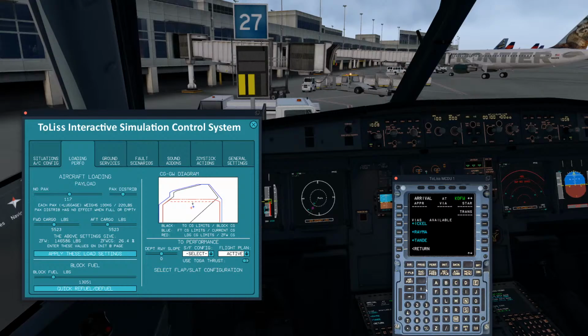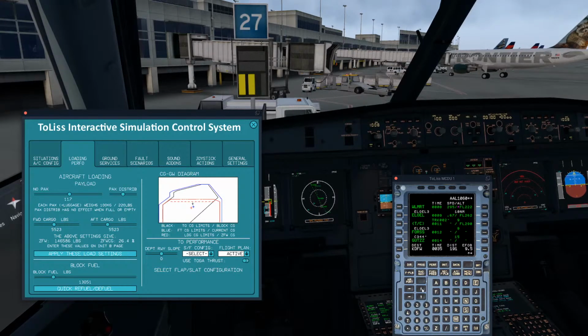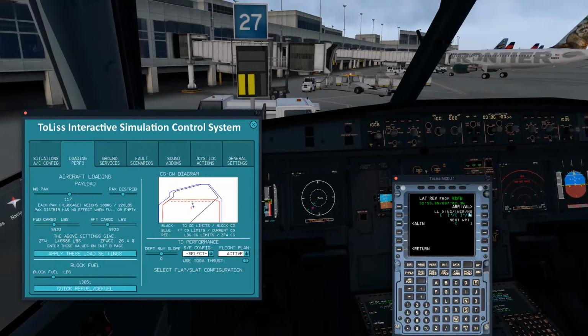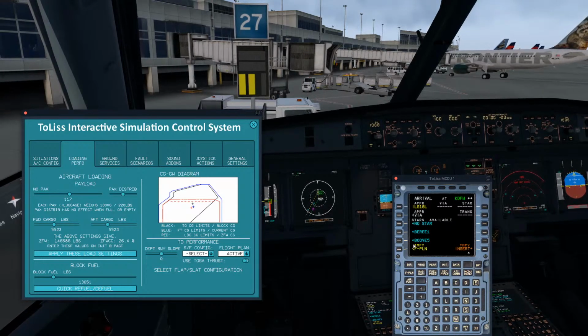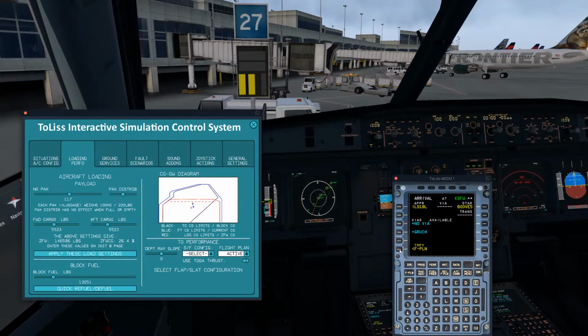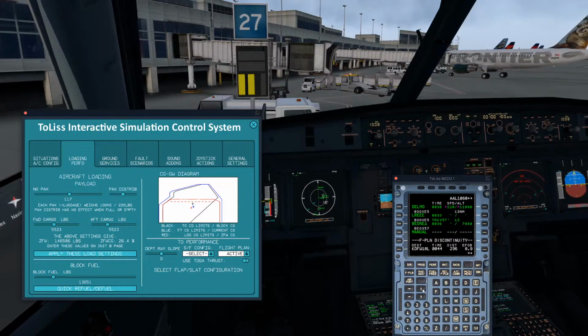What is it doing now? Not sure what it has done. Decel. All right, here we go. Arrival. And now we can go to 18 left, which is this one here, through the Bull 5. And no via. So we're going to insert that. Insert. And now we should have the approach into...